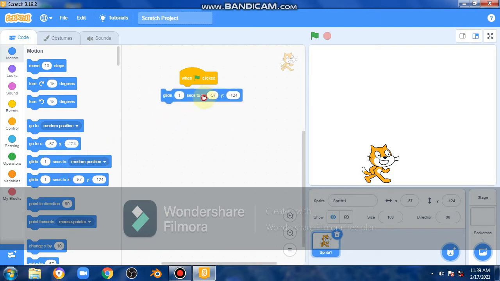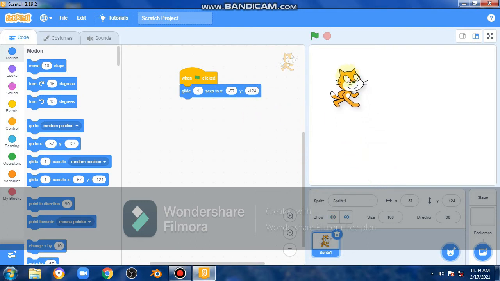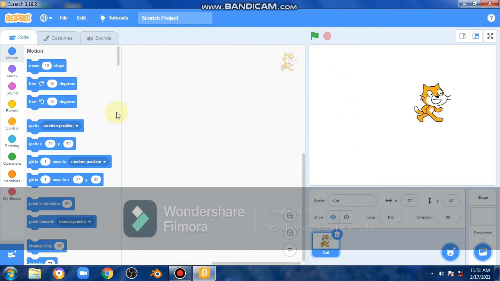Okay, now we don't want glide to the random position or mouse pointer. If we want our sprite to glide to a specific position, then we can make it like that. See, here are the coordinates minus 57 and minus 124. It is gliding. I have made it for 1 second. Okay friends, we have seen the gliding.